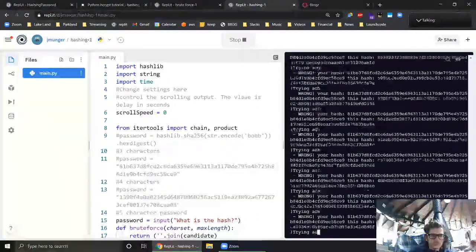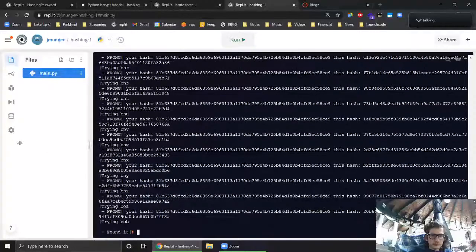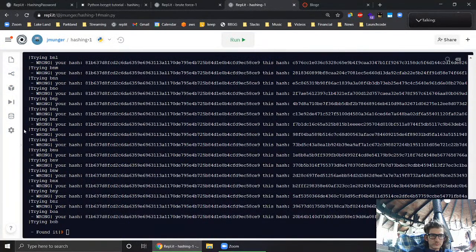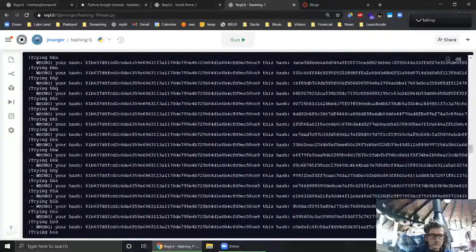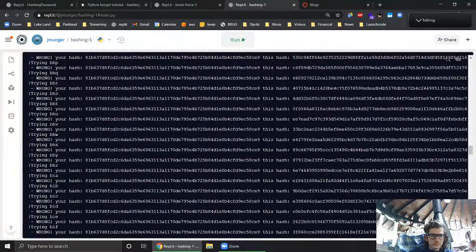And then we will look at the output. Can I get rid of this? I think that's as close as I can get. So we have it trying every combination of 1-letter passwords, every combination of 2, and then it got to 3. Remember our password was Bob, so BAW, BAX, it's trying every one at a time, and for every one it's running it through the SHA-256 password hash,